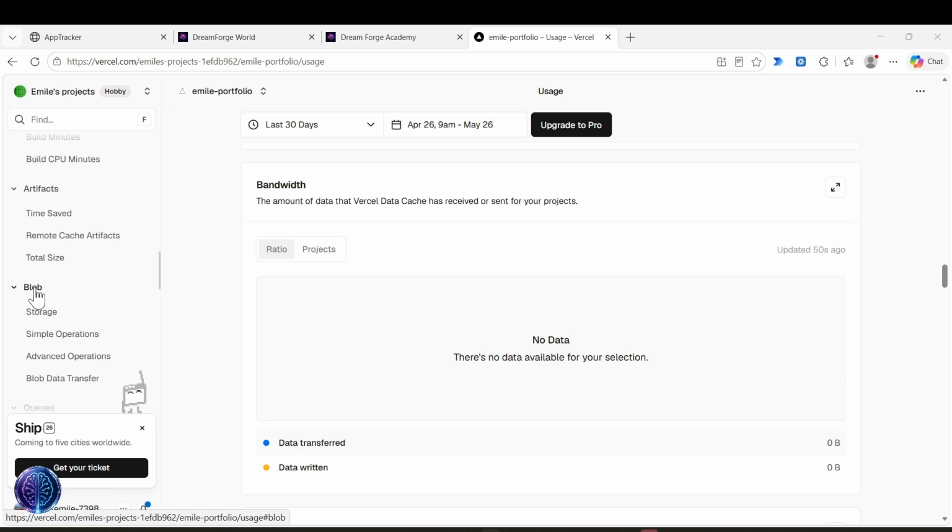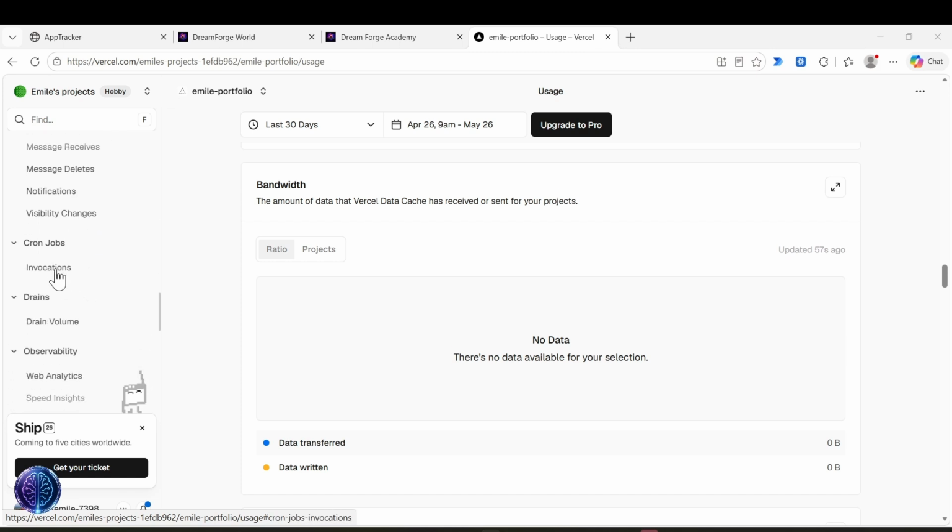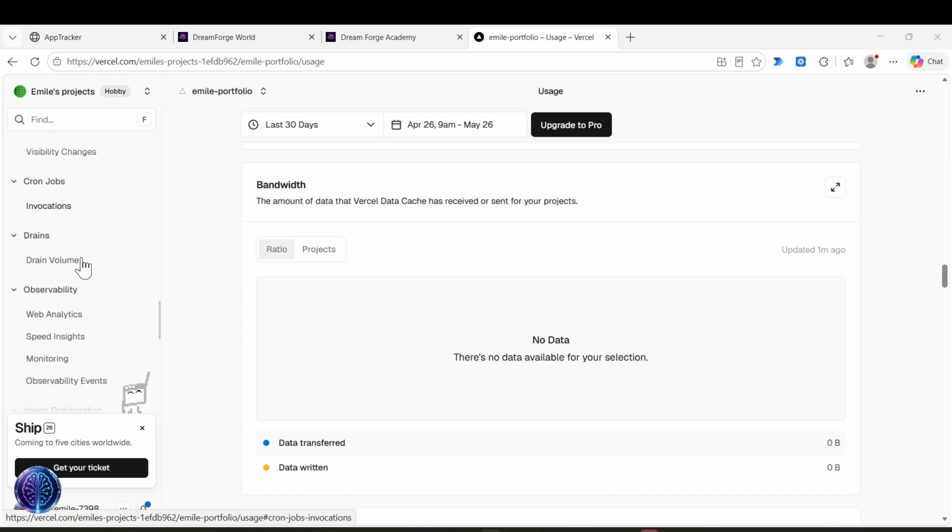And then down here, you will find Blob and storage to store actual files if you need to store files as well. Cron jobs is if you want to run something on a schedule, and this way it could wake up every 4 o'clock in the morning on Universal time and make a backup of your app, for example, or anything that can be run on a schedule. But more advanced, not covered in this lesson.